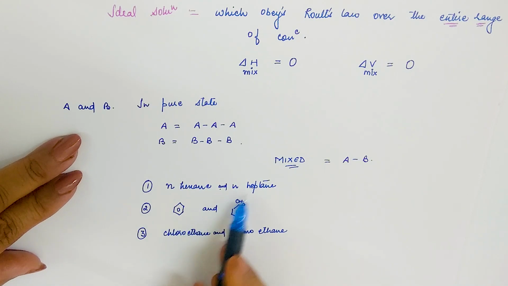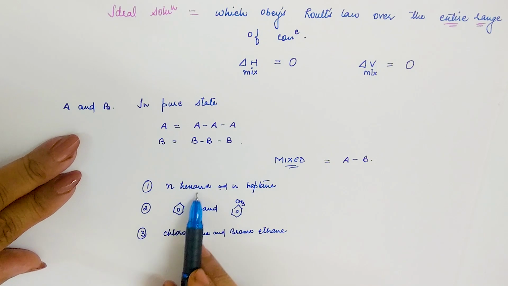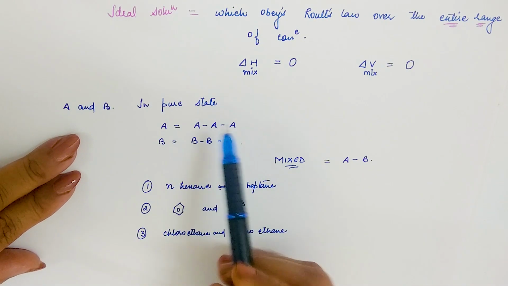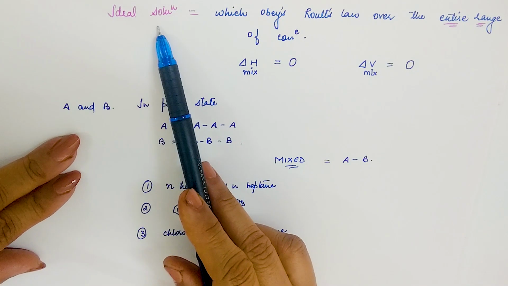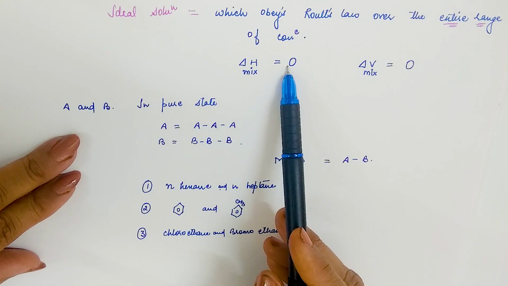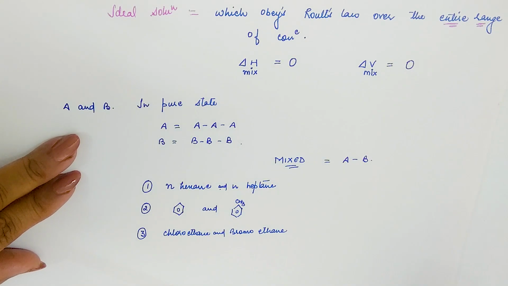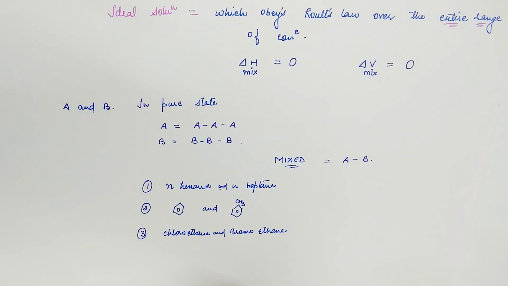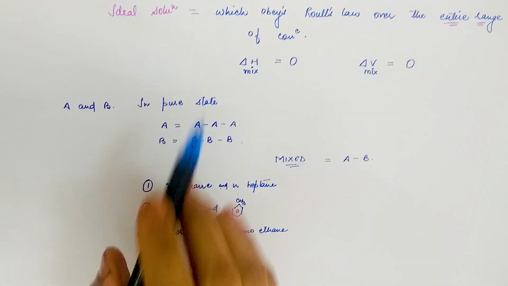They belong to the same class. When they are of the same class and differ only in one or two carbon atoms, then they will follow Raoult's law over the ideal solution, where delta H of mixing is 0 and delta V of mixing is also 0. Okay, so what you have to write in the question, if it is a 1 mark question,